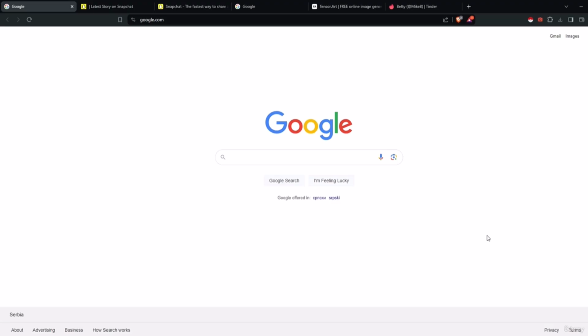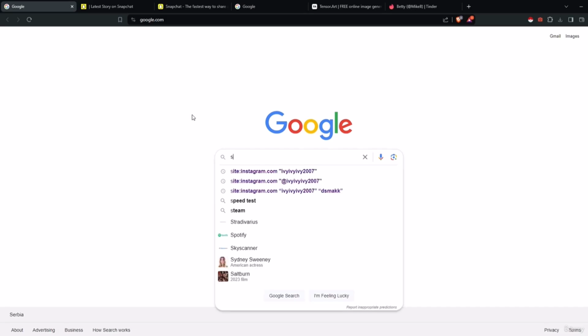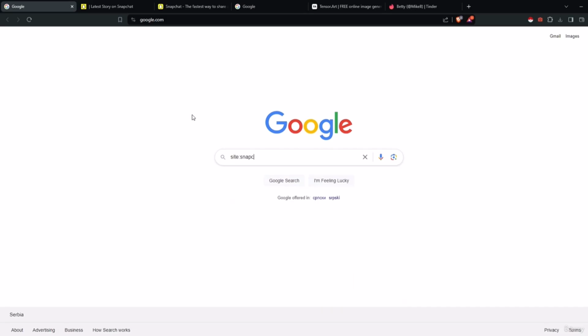Even though, due to the nature of this app, there is not much we can do here, there are still a few queries we usually perform anyway. The first one is within Google, and as you might have already guessed, it's similar to the one we ran against an Instagram user. In this example we do site:snapchat.com followed by the username in quotation marks. We'll do some celebrity who uses this app, so let's do David Dobrik, and I'll hit enter.